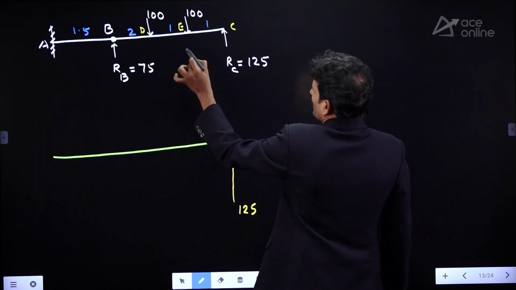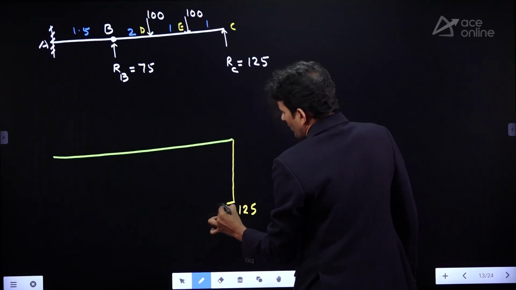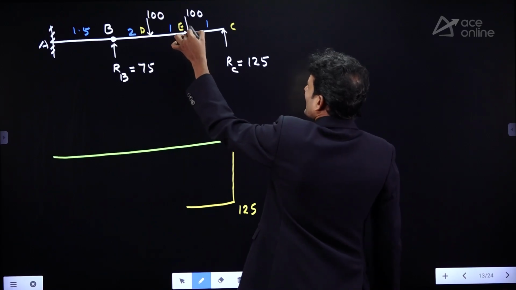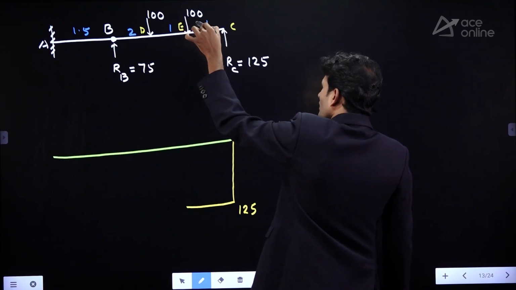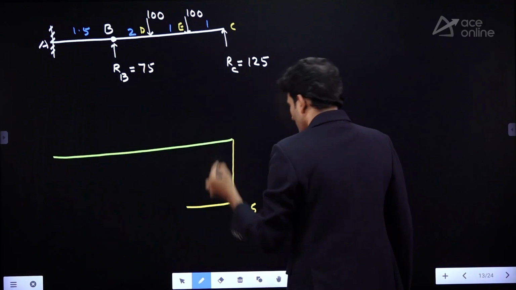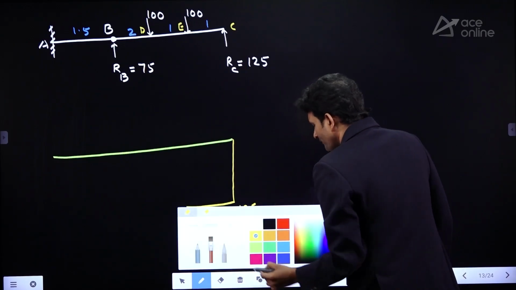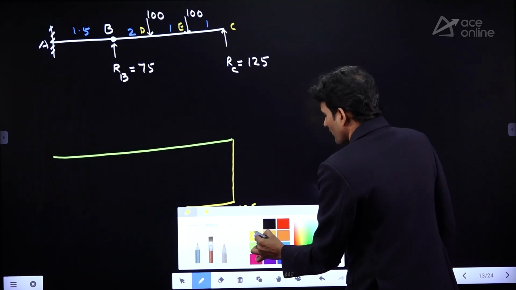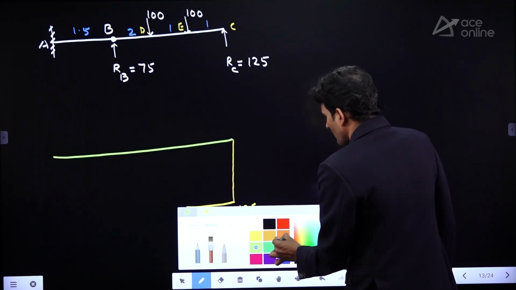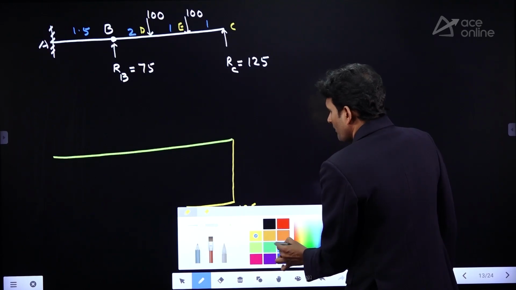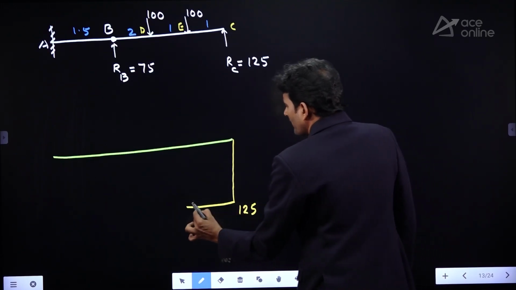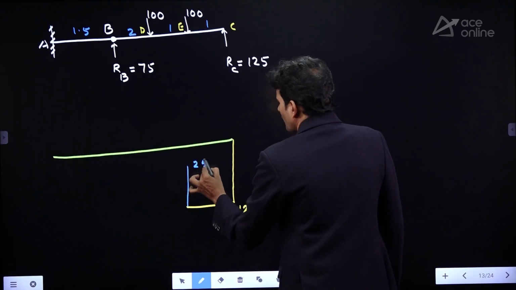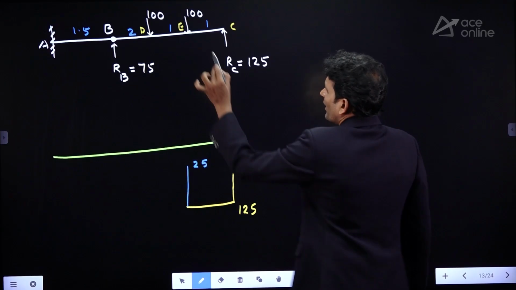Negative. From here to here, there is no load variation. From C to E, there is no load variation. Then I can move to here. Again, at E, we are observing a downward force. It is a positive. Minus 125 plus 100. How much? Minus 125 plus 100. It is minus 25. Just one step. It is moving up. Something like this. Here the shear available is 25, still it is negative,